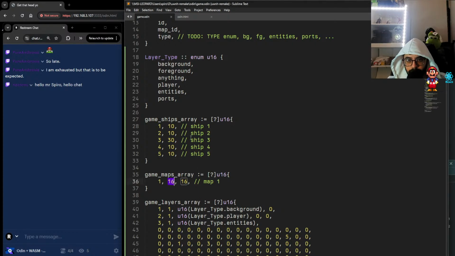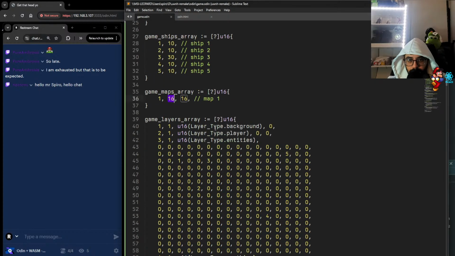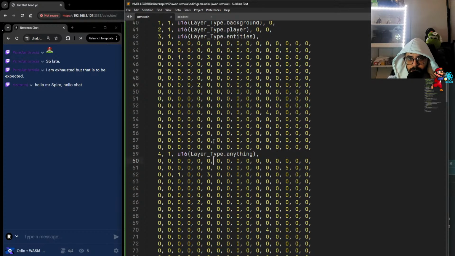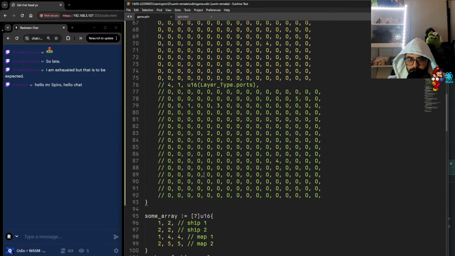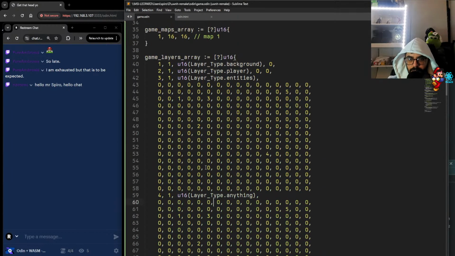We might have maps that are hundreds by hundreds, and it gets pretty crazy pretty fast. At some point I'm going to have to resolve that issue, but I need to resolve it in such a way that it still rides that balance between efficiency, because flat arrays like this are very efficient in terms of managing structures,